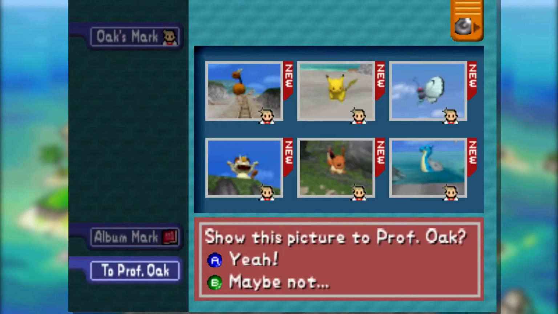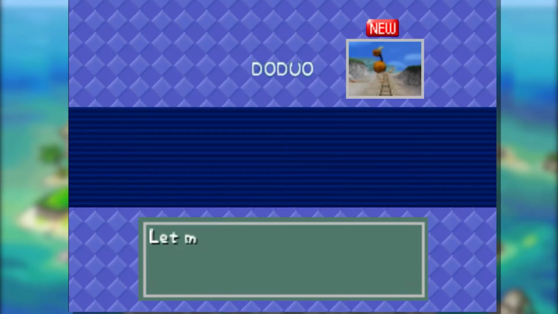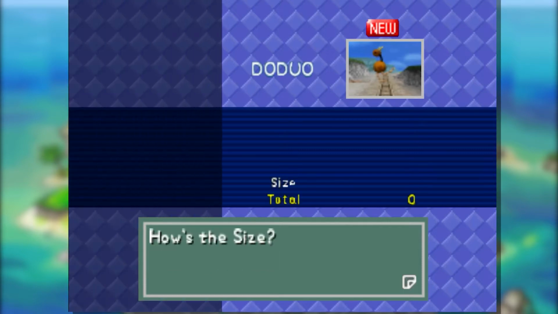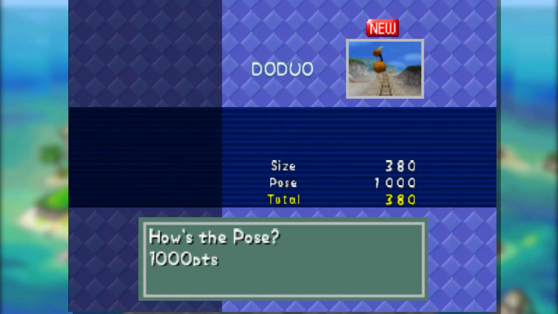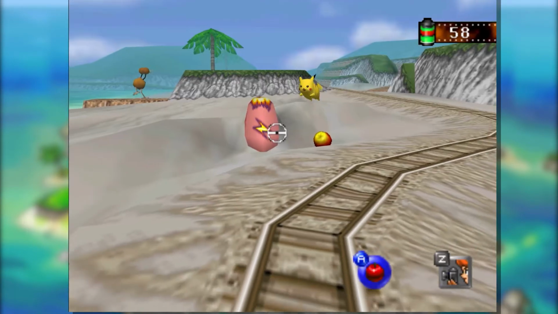After the brief levels, any photos you take can be shown to Professor Oak, who will rate and score the quality of the photos. Photos are judged on how much of the Pokemon is in frame, what pose the Pokemon is taking, if they're centered in the photo, and finally if there are any more of its species in the photo. You'll get bonus points if you manage to get a photo of it doing a certain attack or special actions like Surfing Pikachu